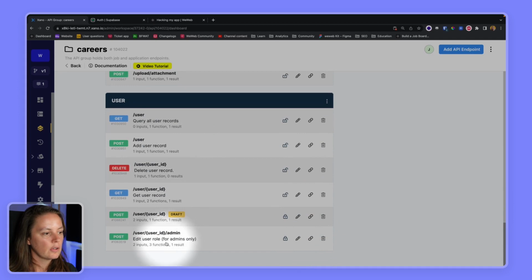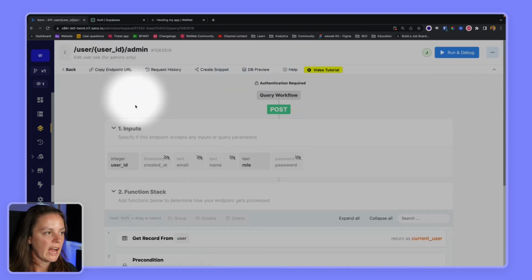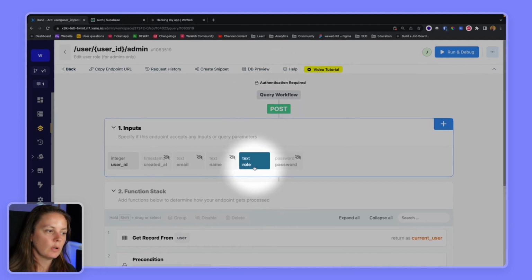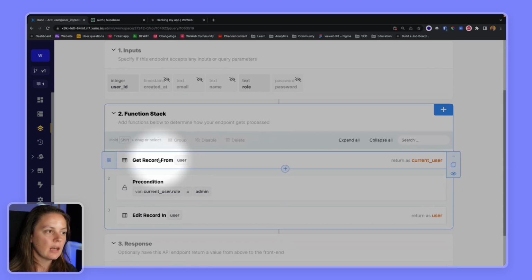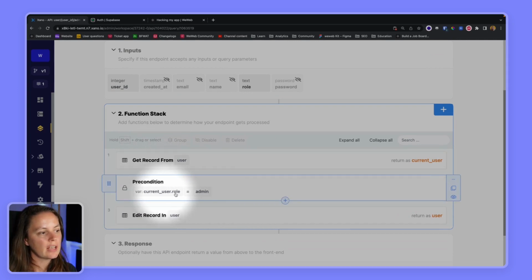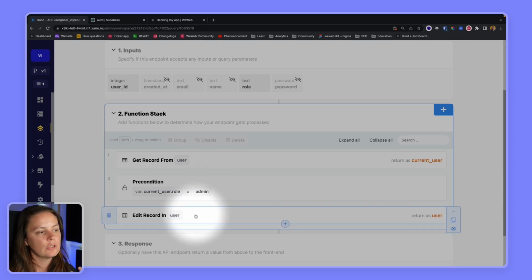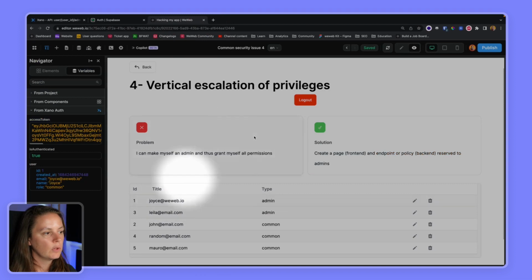So here we would have an endpoint where we require authentication and you can edit the role of a user, and then when the user makes the call, you get the record from that user first. Then you check that their role is admin. And if they are indeed an admin, they are allowed to edit the role of a user, including themselves. In WeWeb, that would mean